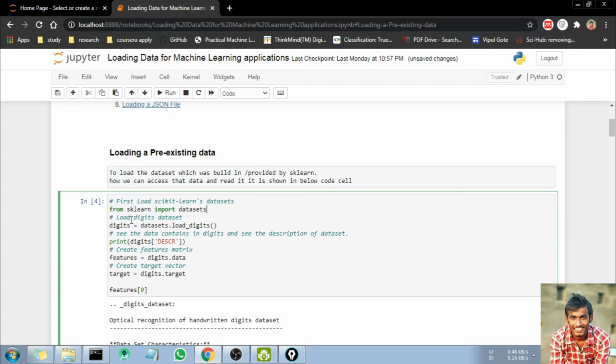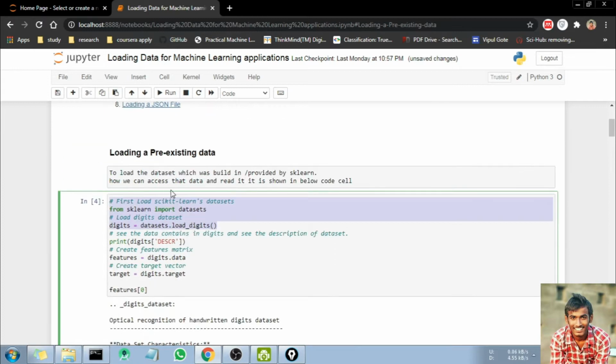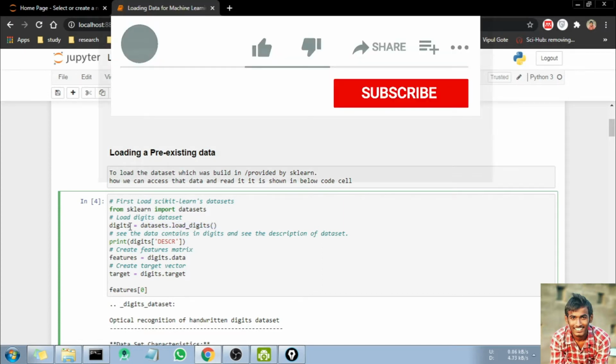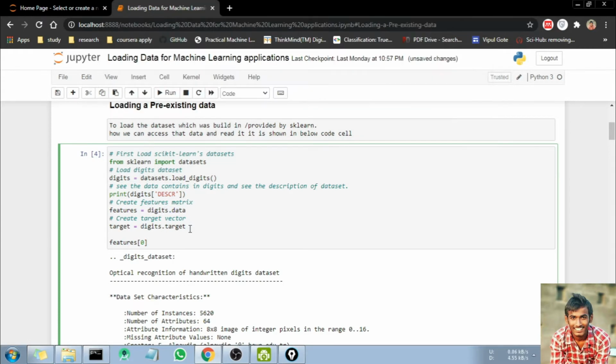So type from sklearn import datasets, and now we are going to load the handwritten digits dataset. For that we say datasets.load_digits, and we assign the return value to the digits variable. Then we print its description, its features, meaning the training data, and the data labels.